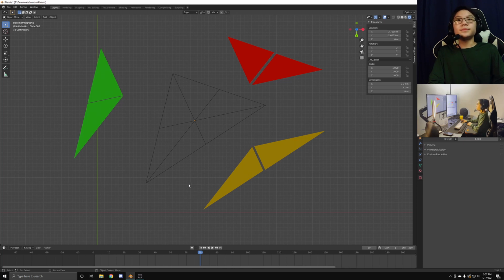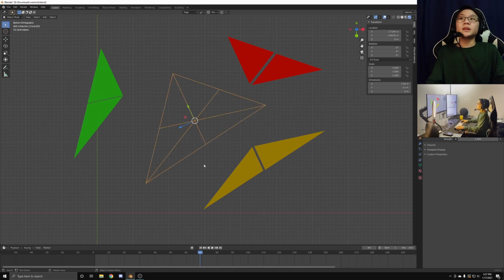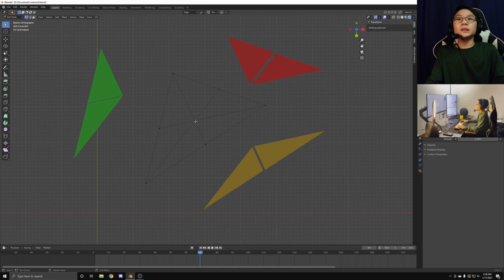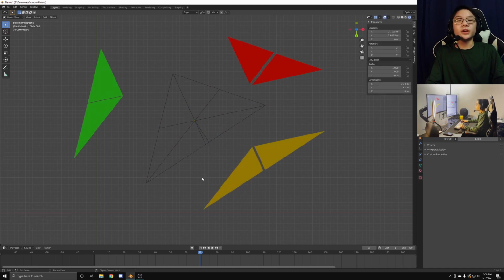Let's get started. So the first thing that I'm going to be doing is drawing some altitudes. So let's go to edit mode, select this vertex, and we're just going to be extruding it to make an altitude for these bottom 2 triangles right here. And notice, because this is a median, the length of this and the length of this